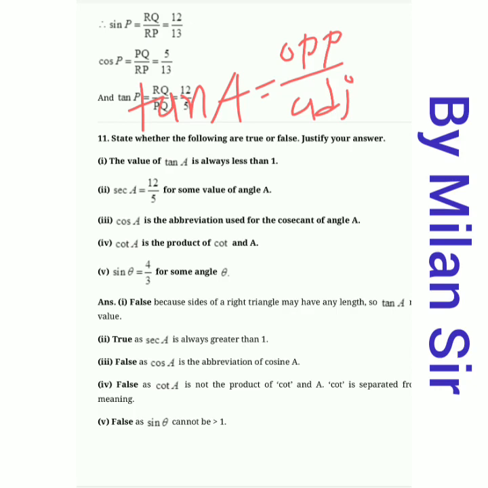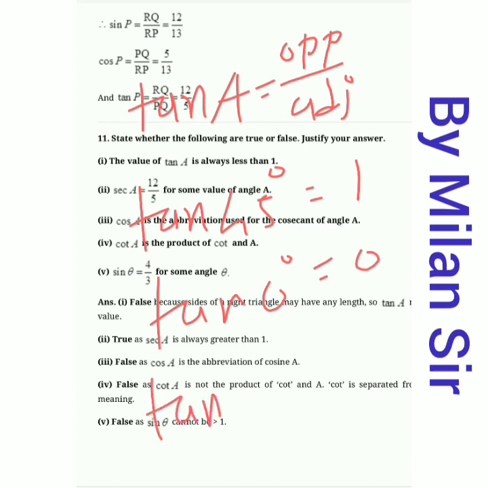And we know that at tan 45 answer is 1, at tan 0 answer is 0, and at tan 60 answer is under root 3. Now the value of under root 3 is 1.732, it is higher than 1. So our statement is false, because it said that the value of tan is always less than 1. But we know that tan 60 is equal to under root 3 and exact value is